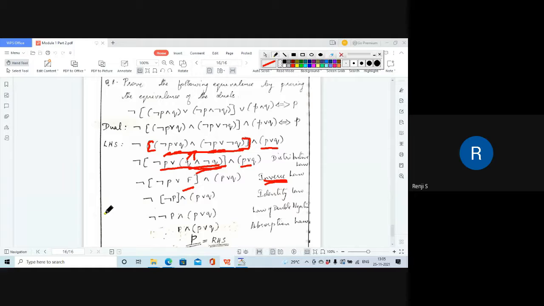Q and not Q is F. So the remaining is written as such, not P or, and this Q and not Q becomes F here. We have only changed Q and not Q. Now, not P or F. What is not P or F? You can apply the identity law to this part, and not P or F is not P. That is, P or F is P. So not P or F is not P, and this negation is still there.